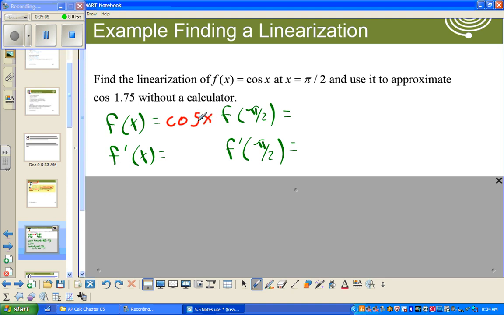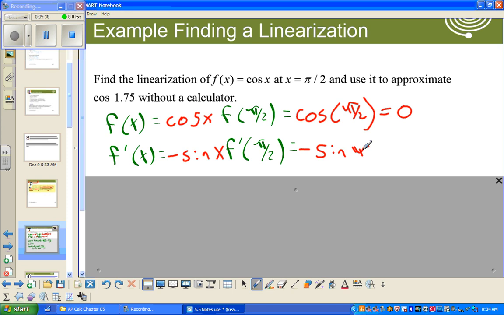And that's cosine x. F of pi over 2, so that's cosine of pi over 2. And you all know that's 0. And then the derivative of cosine x is negative sine x. Well, we need to know the slope at pi over 2, so the derivative